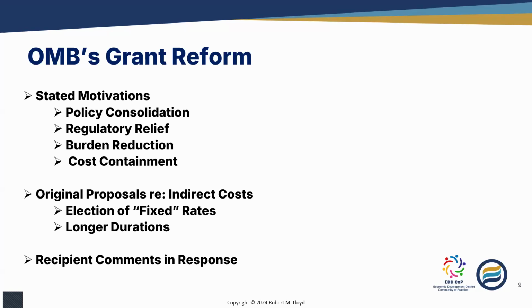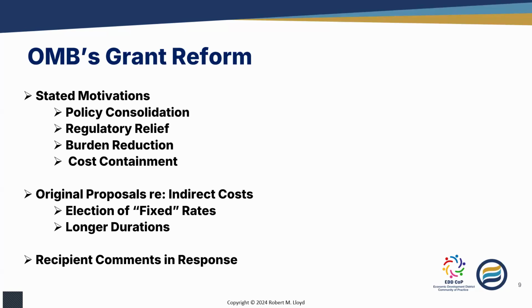The other burden reduction idea was that the indirect cost rate that was established could be employed for multiple years, longer durations. Well, a lot of recipient organizations, particularly in the state government and college and university sectors, saw through this and were highly opposed to it. But the fact that OMB stepped back and didn't pursue it any further at that point didn't mean that they'd forgotten about it. And there's some tangible pieces of evidence to that effect in the rules that have been forthcoming ever since.